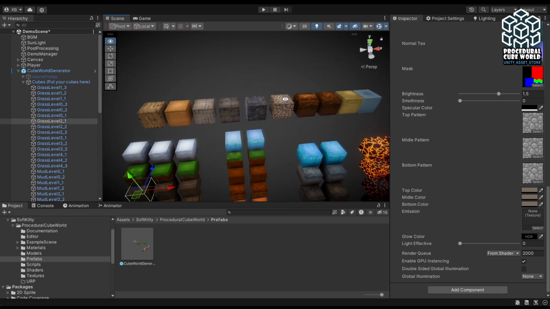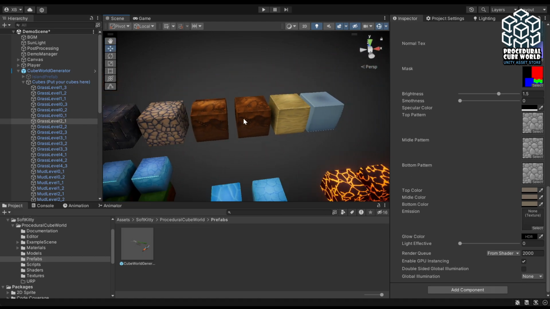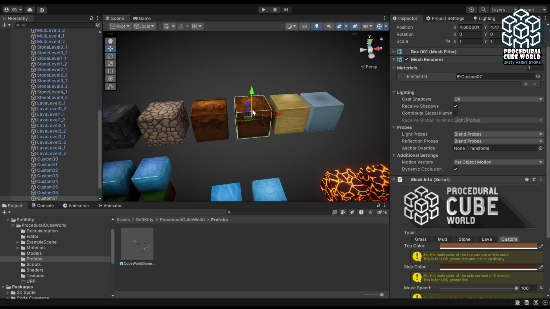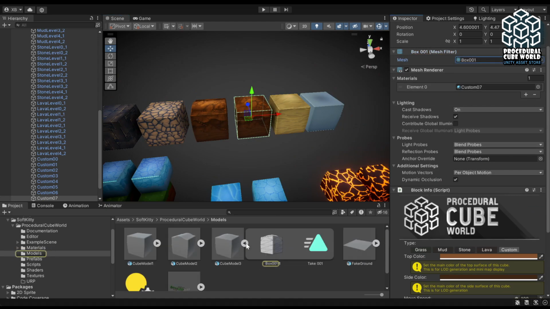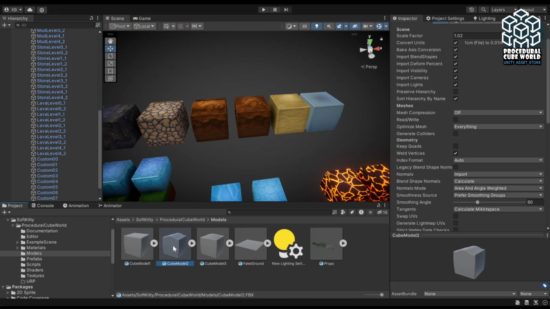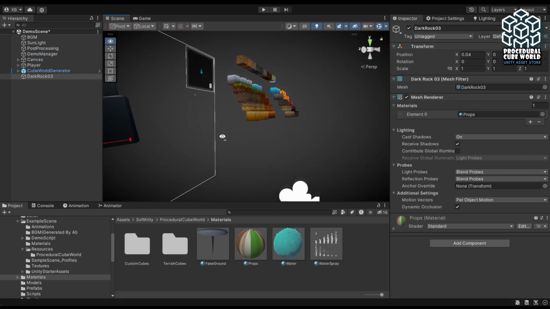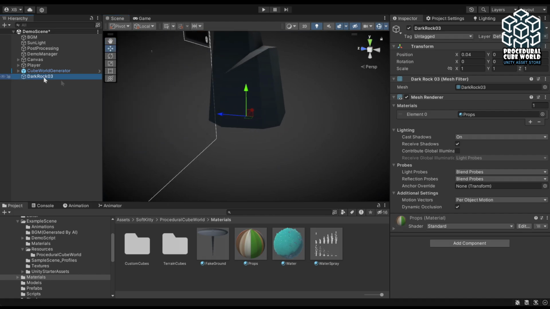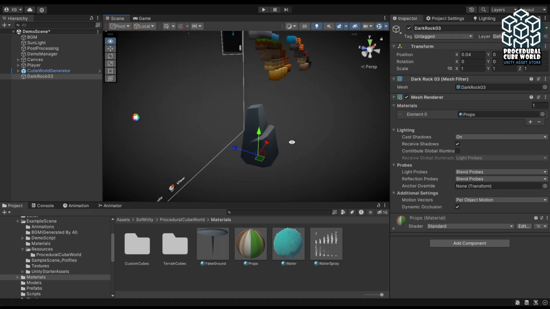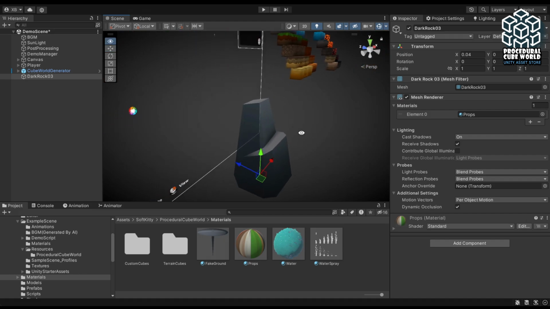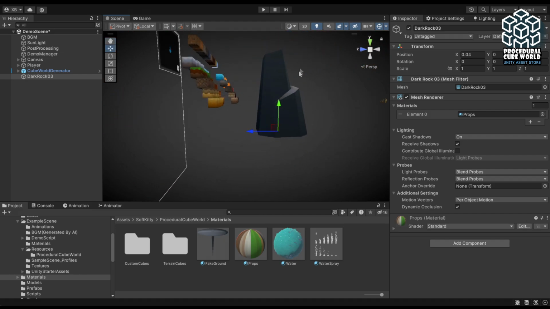And I have 3 types of cube models provided in the models folder. One is basic flat cubes, and another one is with a bumpy top. And we have a less bumpy top one like this one. And to customize the props, you can create your own prop, like drag the FBX file to the scene. Like let's drag these rocks here,